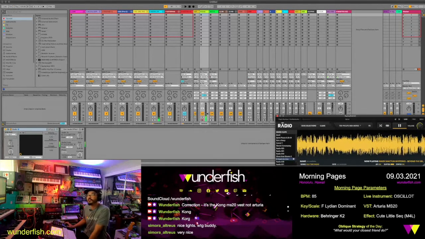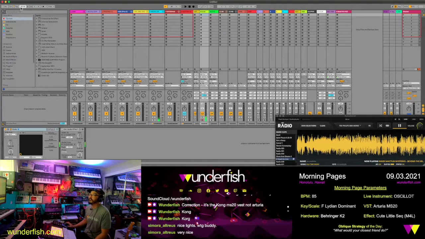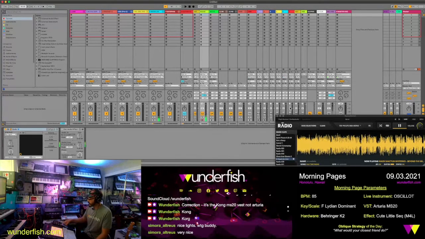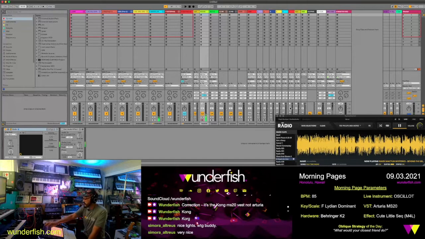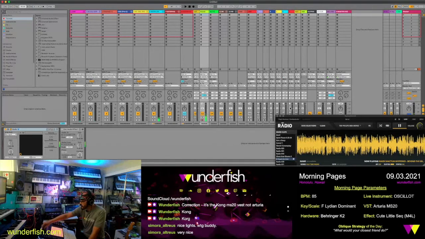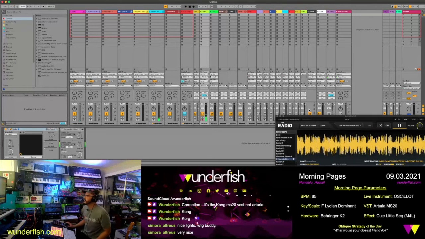So the first thing I'm going to do is put my tempo at 85 in Ableton. Tempo bar is right up here if you're new to the DAW. And I'm going to put my Push into the F Lydian Dominant scale before I forget. So on the Push, you have your choice of, I don't even know how many, but a ton of different scales. So Lydian Dominant,